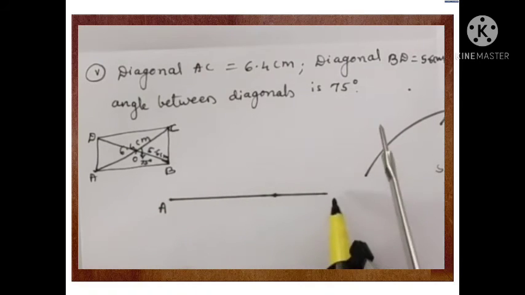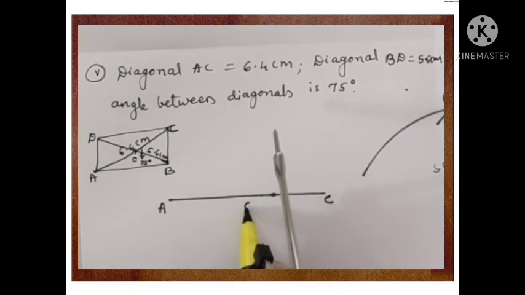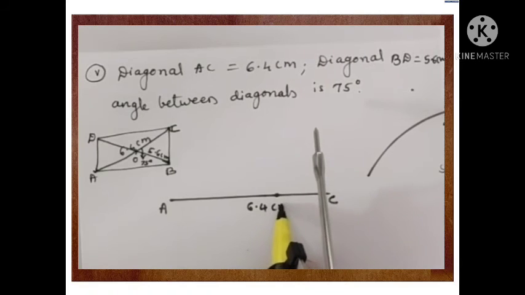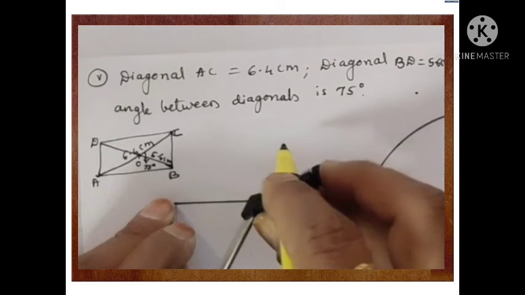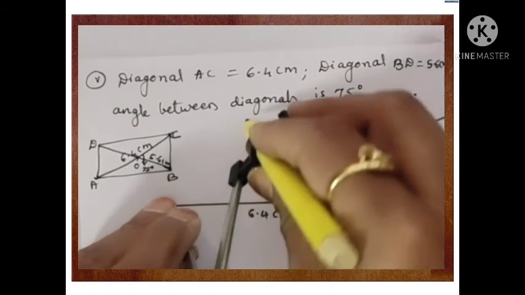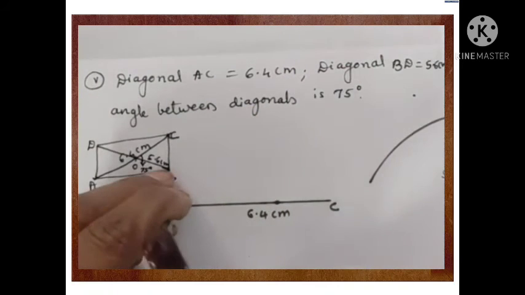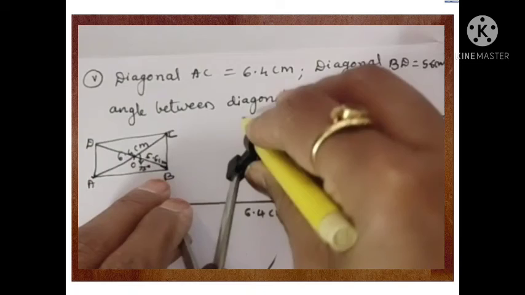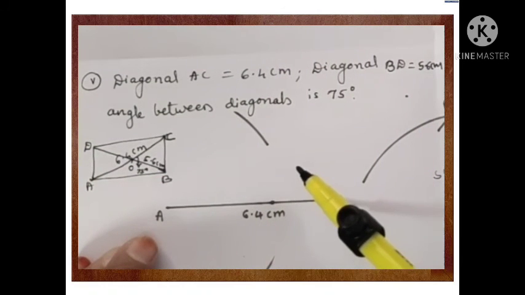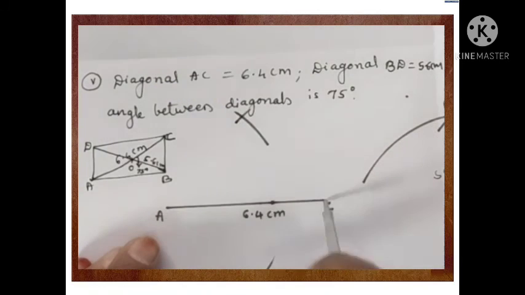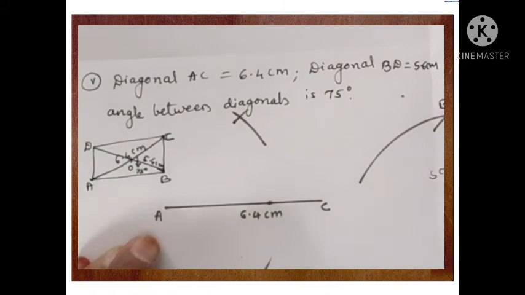To this line segment, we will draw a perpendicular bisector in order to get the point O, which is the midpoint of segment AC,